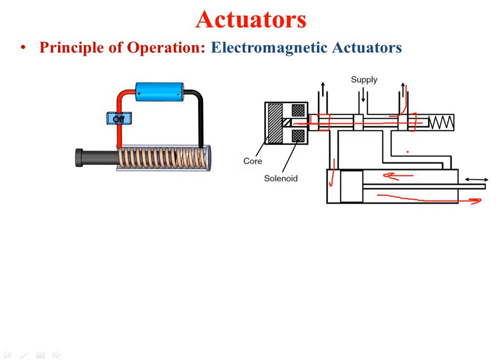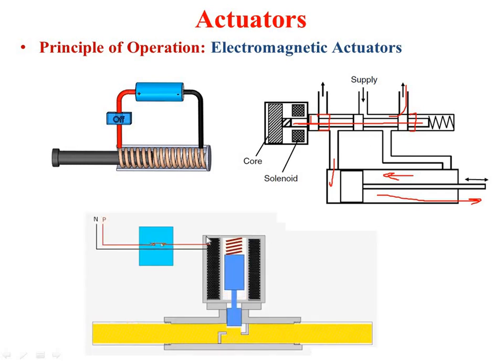So this is the simplest concept, and I'm trying to explain it with the help of another type of diagram. Here you can see that whenever you push down the switch, this solenoid will move inside this coil, and this valve will get open, and the fluid will flow from the left end to the right end. So this is how the simplest solenoid valve works.